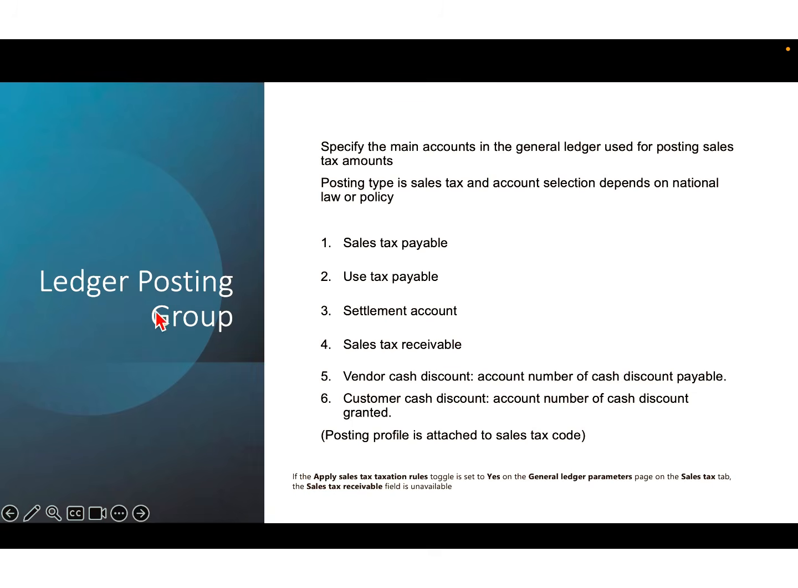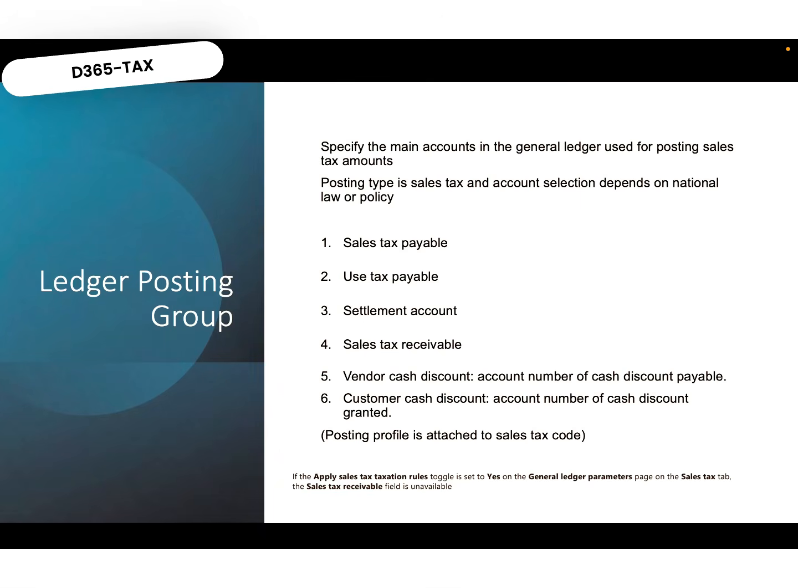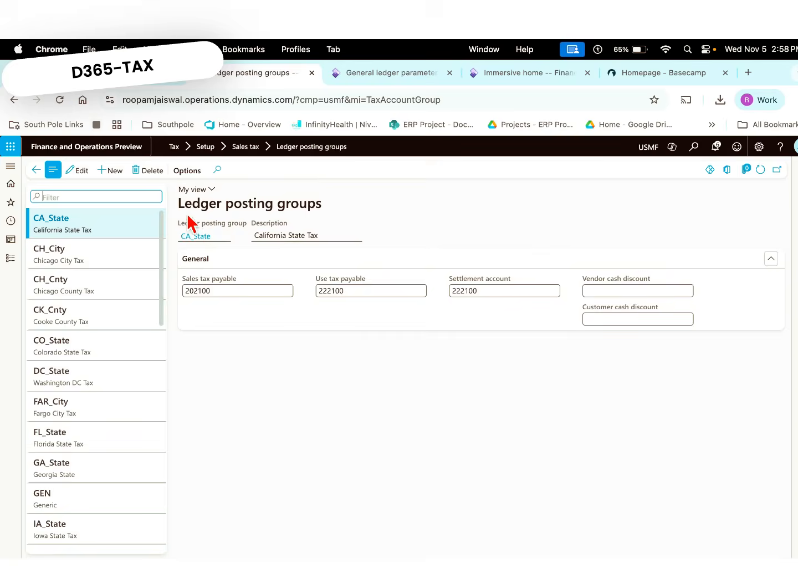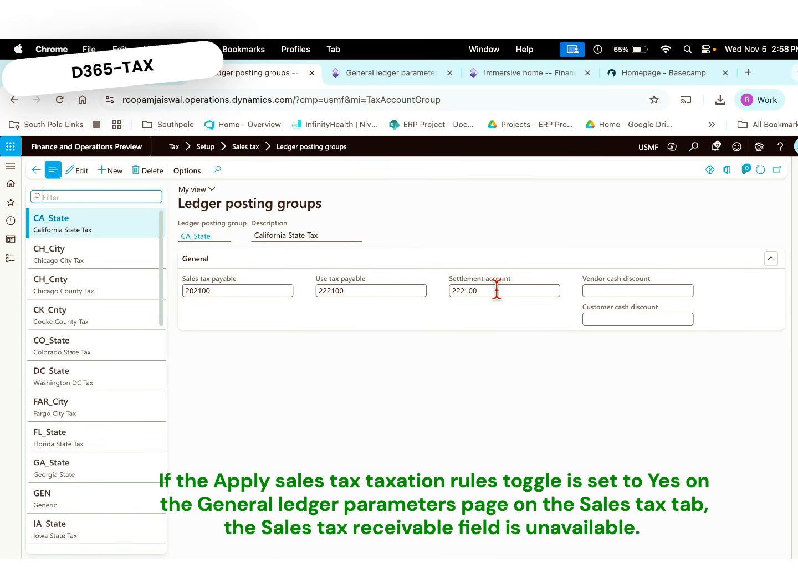When you log into the ledger posting group, something very important: some of you might be seeing all these accounts, like sales tax payable, receivable, settlement account, all these accounts. However, some of you will be seeing very few main accounts. Let me take you to the screen and explain. We are in the ledger posting group. I see that the payable account is there, use tax payable account, settlement accounts are there,